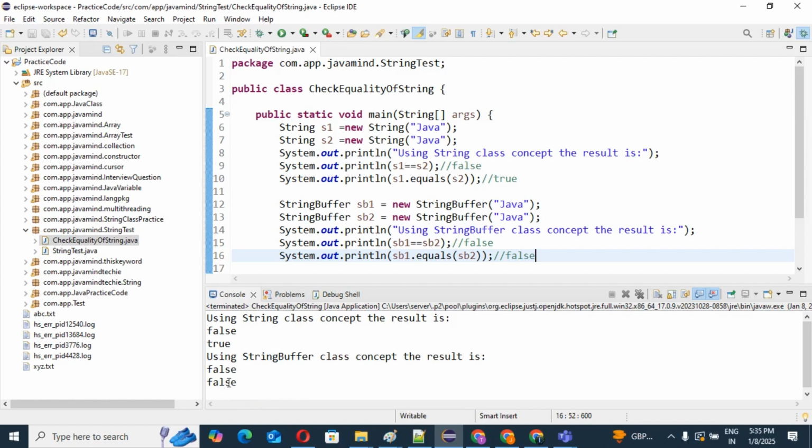That's it from this video. This is a very important concept. Most of the time an interviewer, or in your certification, you may get this question: what is the exact difference between the double equal operator and the equals method? Most of the time the interviewer may also try to confuse you. You need to give the answer very confidently, or write the code in front of him. Then it will be 100% correct.